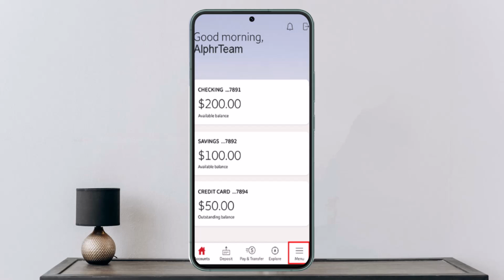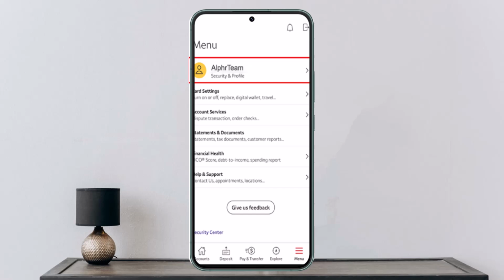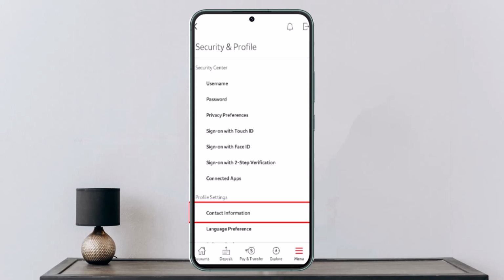After which you want to simply click on the menu bar at the bottom of the page. Next, you want to go ahead and click on the profile initials right over here. As you do it, you will simply want to go ahead and scroll down to the profile settings, and underneath you simply want to go ahead and click on